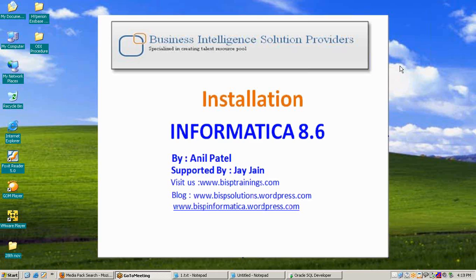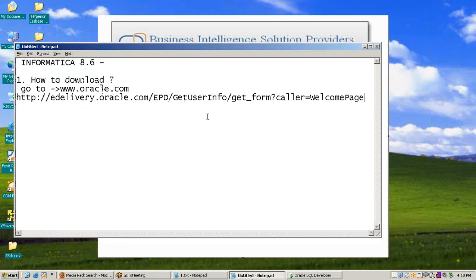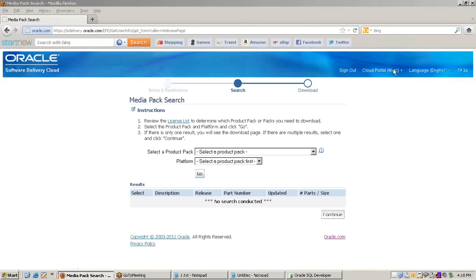So how to download? If we don't have it, we need to download from the Oracle website free of cost. Just go to oracle.com or follow this link. Now open a browser and paste. Then you can see this is the welcome page from Oracle Software Delivery Cloud.